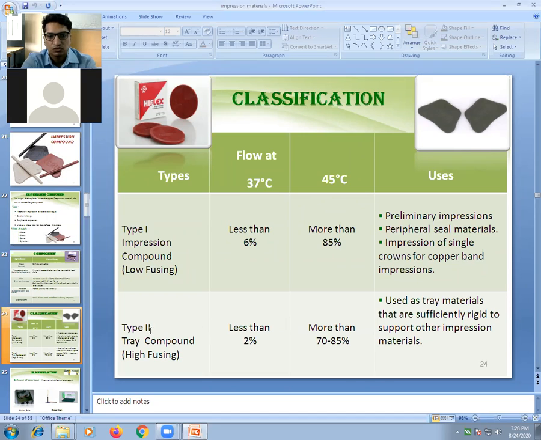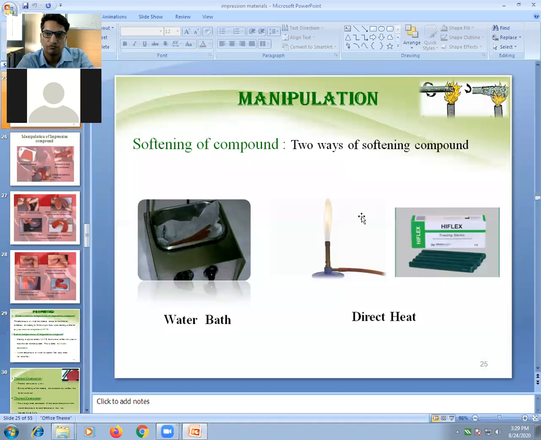For type 2 tray compound, at 37 degrees centigrade its flow is 2%, whereas at 45 degrees centigrade its flow is 75 to 85%. The other properties and the manipulation part we can see on